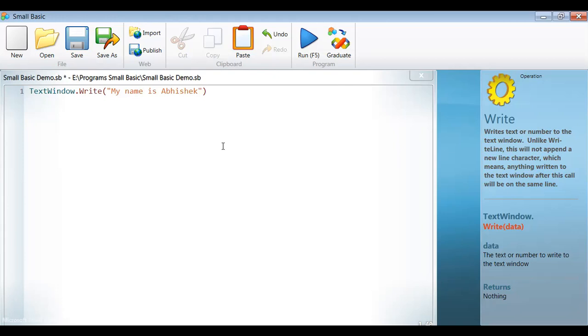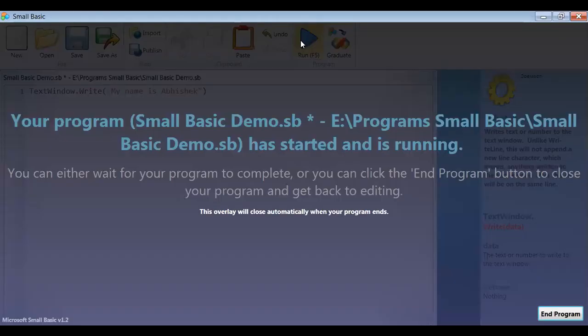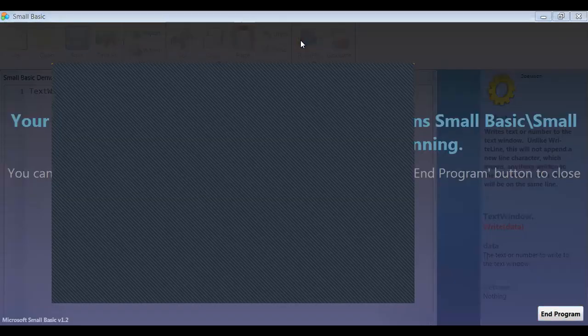It will display a message on the screen: my name is Abhishek. And how can we run it? For that we have the option here, that is F5, or we can click on this. It displays one message on the screen. Wait a minute, it will show.